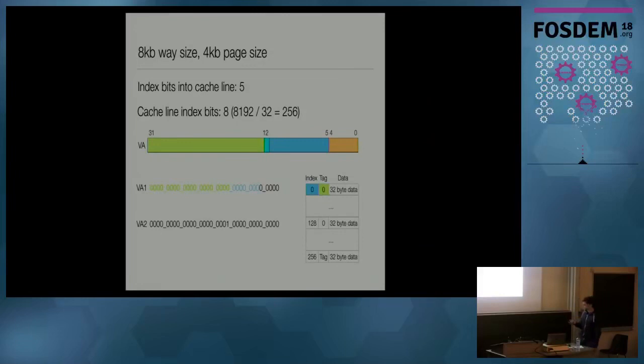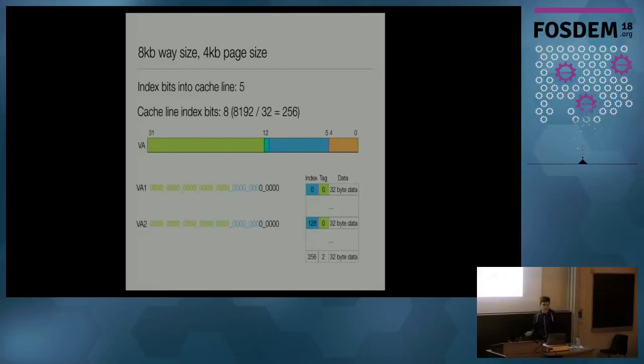So again, we use the 8 bits here for the index, and this is 128, so we find the index 128. And now we're using the virtual address to translate it, and as I told you, we are mapping the physical page to different virtual addresses, so again, we also have the tag 0. And what does that mean? That means that we now have the same data twice in the cache. So there's an aliasing problem here.